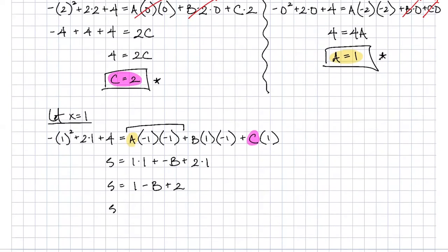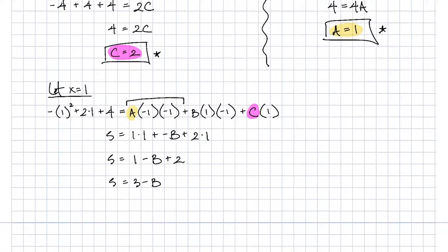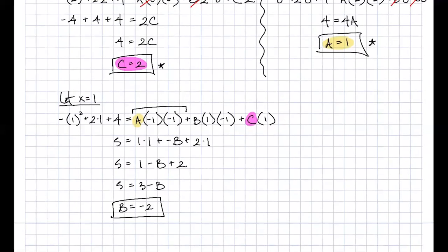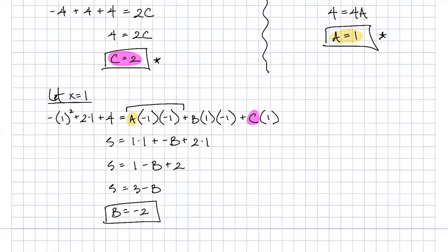Or 5 equals 3 minus B. So I'm going to add the B to the left-hand side, and I'm going to subtract the 5 from the right-hand side, and I'll get B equals 3 minus 5 is negative 2. Okay. So I found my B value, I found my A and my C,